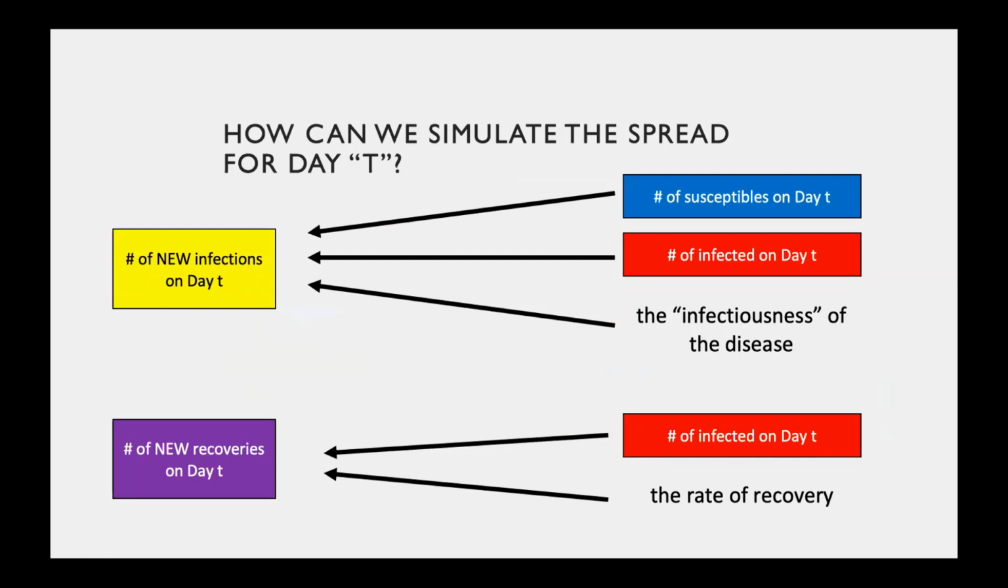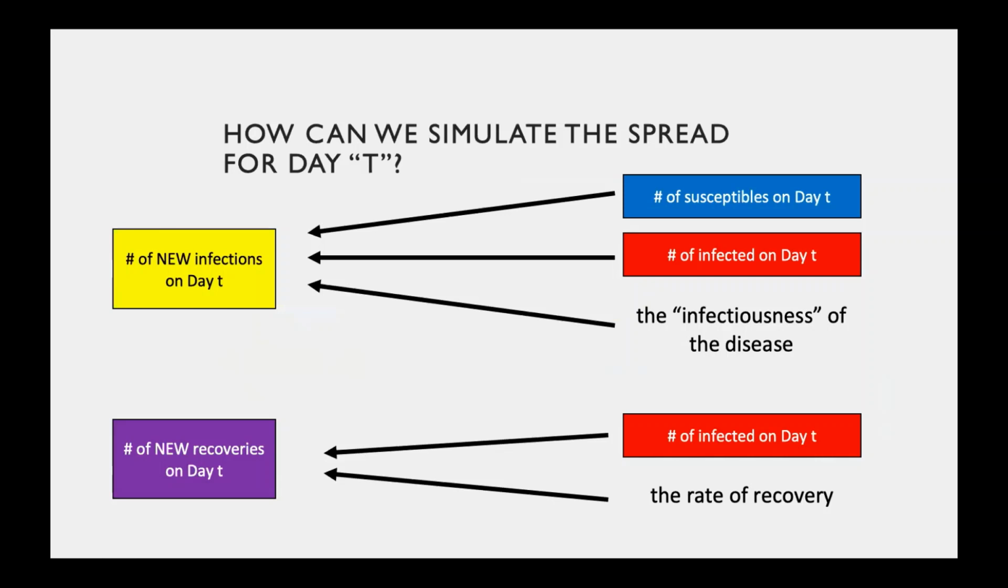different for measles, different for influenza. That is a biological component of the disease. And then to calculate the purple box, the number of new recoveries on day t, we need to know also the number of people that are infected on day t, and also the rate of recovery. And that's, again, the biological